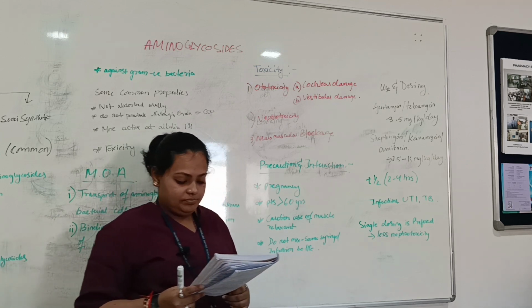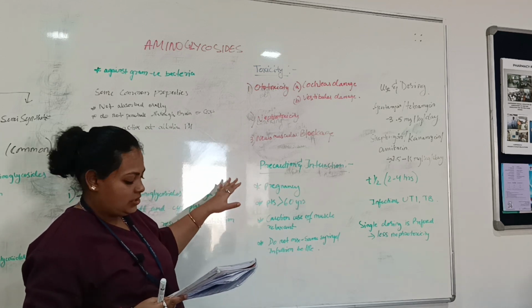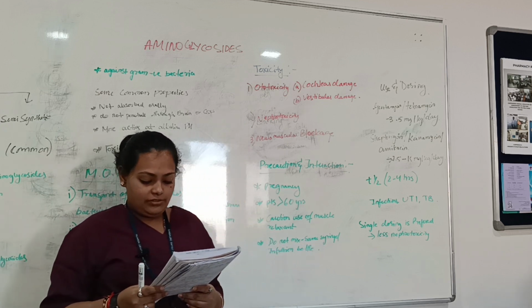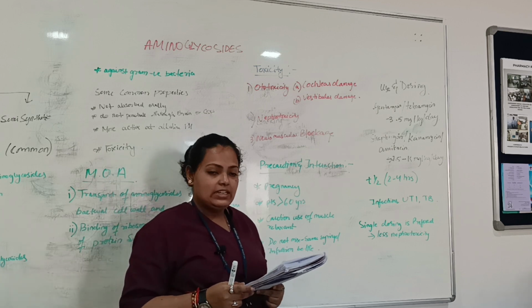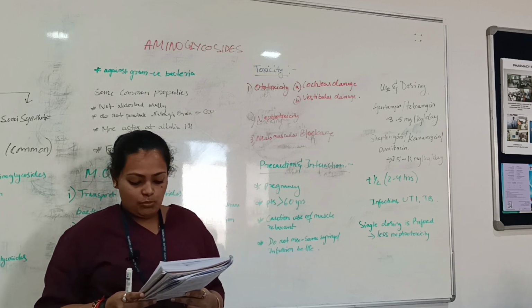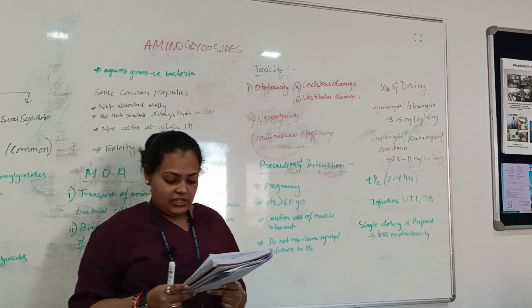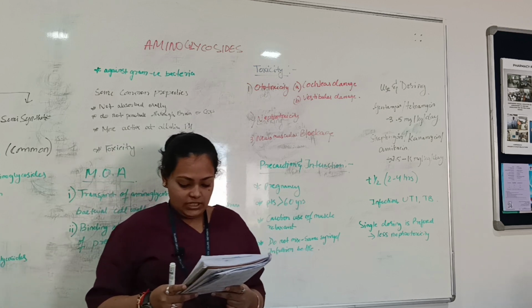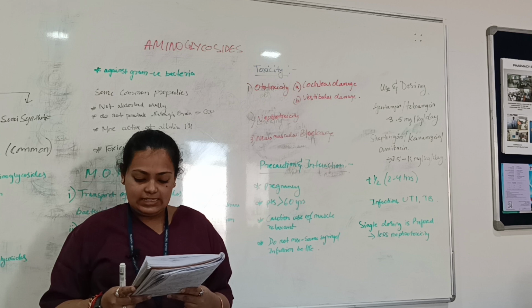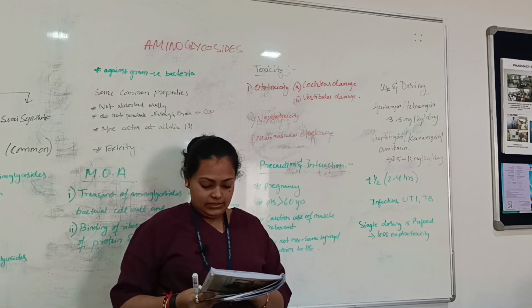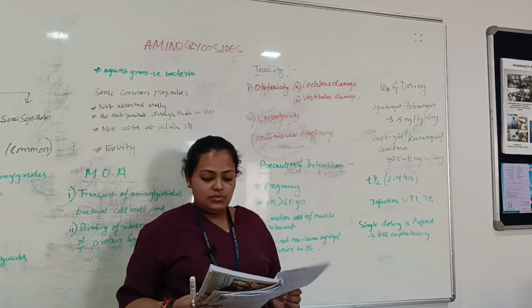Then is your neuromuscular blockade. All aminoglycosides reduce acetylcholine release from the motor nerve ending. They interfere with the mobilization of centrally located synaptic vesicles to fuse with the terminal membrane, as well as decrease the sensitivity of the muscle end plate. So this much is there.